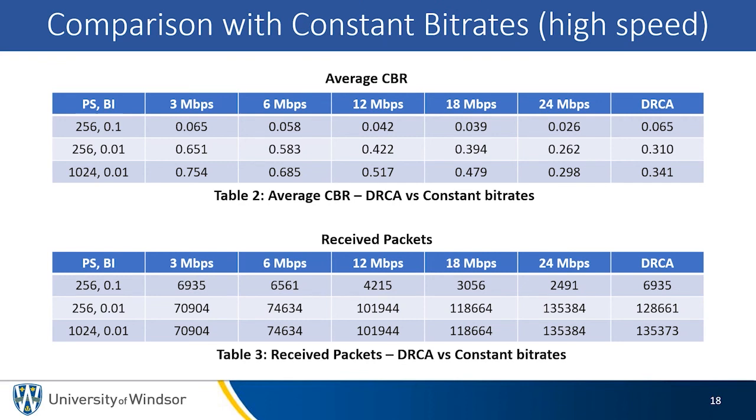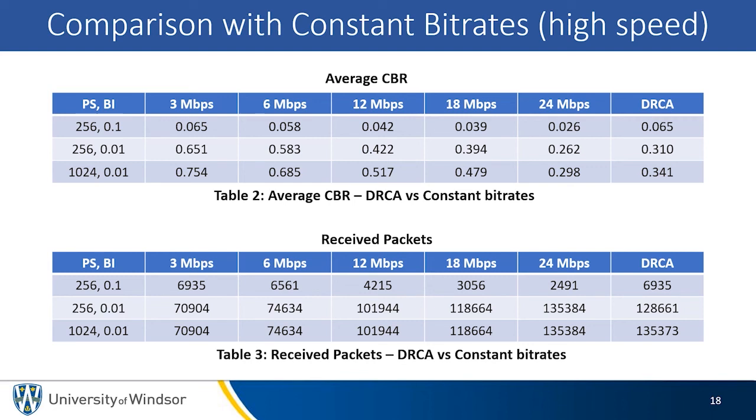Similar to the results of the normal and stationary speed environments, in the first case, the average CBR decreased as the data rate increased. Yet the proposed approach stuck with 3 Mbps. The efficiency of the proposed approach becomes evident with the received packets. The total number of received packets decreased as the data rates increased. This was because of the low signal strength which the higher data rates can cause, making the messages unreachable to